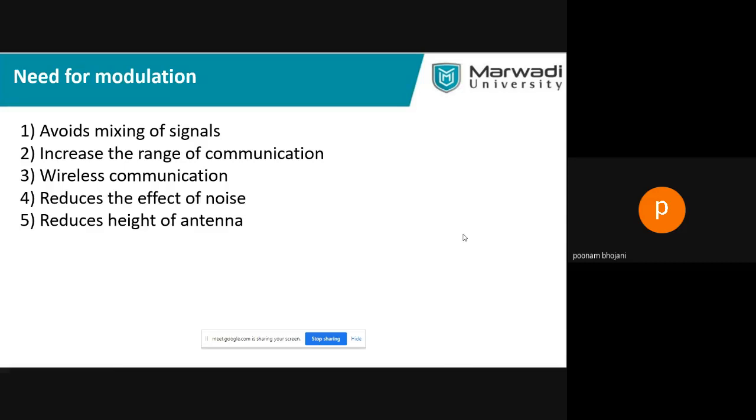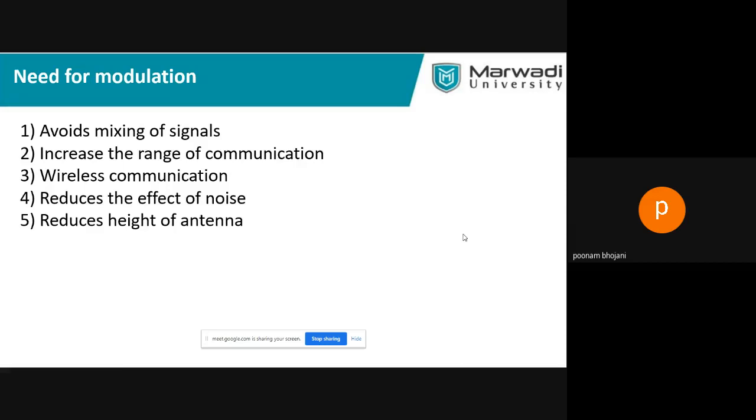Now let us look at the other criterion, high frequency. High frequency will be in the kilohertz, megahertz or gigahertz range. Let's say we are talking about megahertz. If you take the same values, 400 megahertz and 450 megahertz, how much is the frequency difference? Not 50 hertz, but 50 megahertz. It means 50 into 10 raised to 6 hertz.